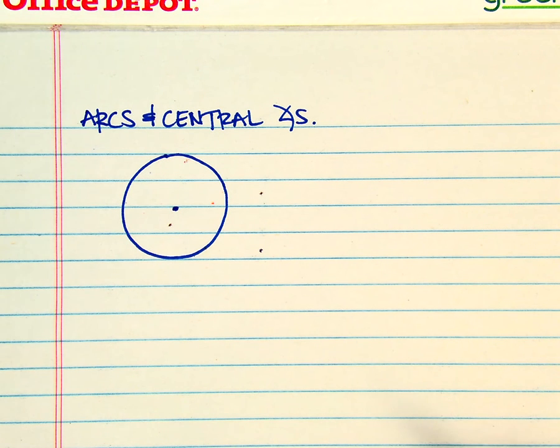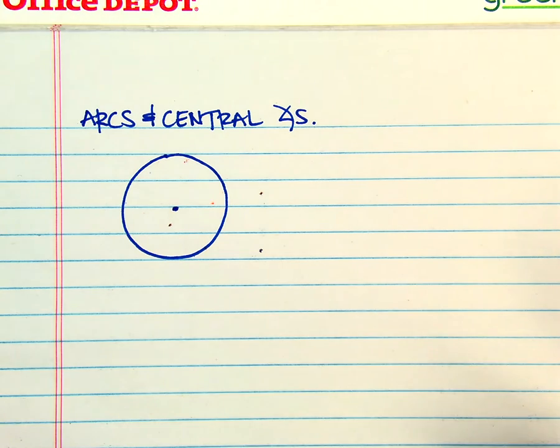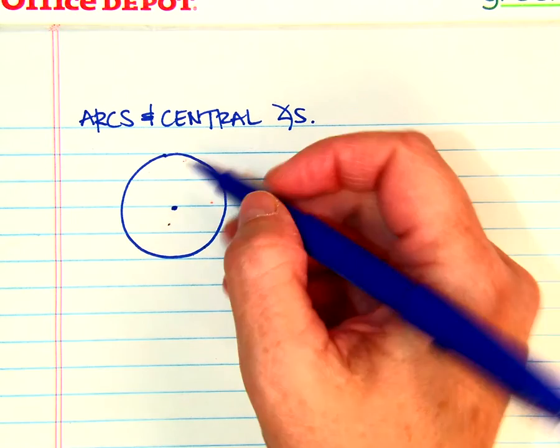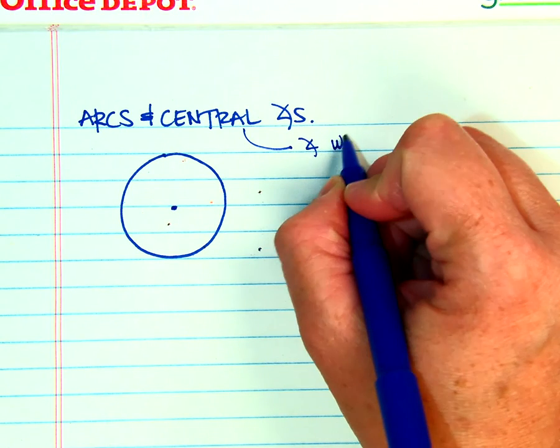Okay, so we're going to talk about arcs and central angles. These are not new concepts, but we touched on them briefly when we were starting the area of circles. So what you need to know about a central angle, it is an angle whose vertex